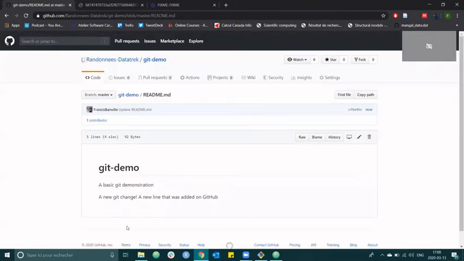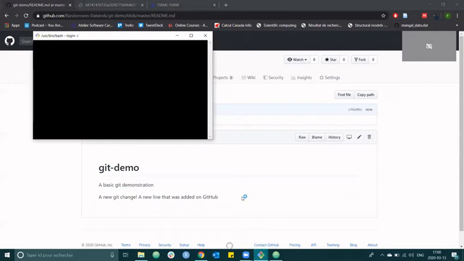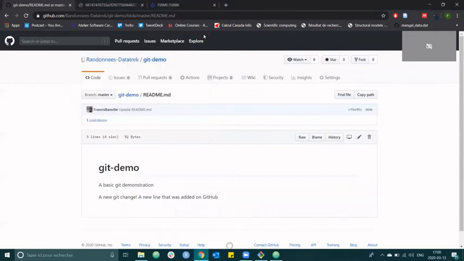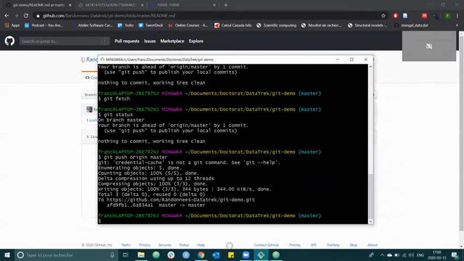And now there's the new line that was added here. And now if I want to add it on my computer, the command we need to run, if I come back, oh, I just made a mistake. I didn't want to open a new one. I wanted to stay in the same one. And now if I rerun git fetch again,